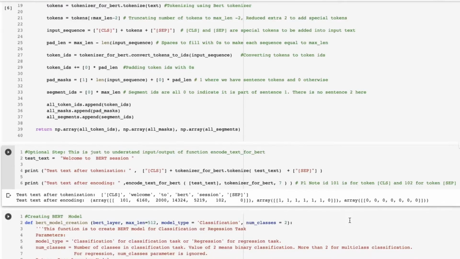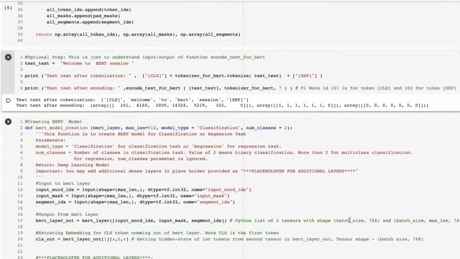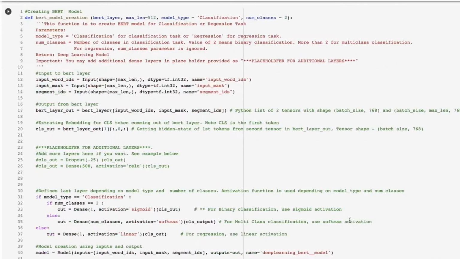Okay, so let me go to the second function. I would say this is even more important because here I have given the option so that you can pass the parameters to make this for classification or regression or multi-class classification.